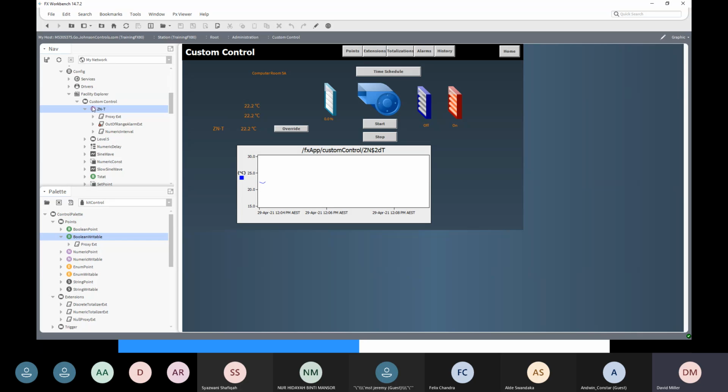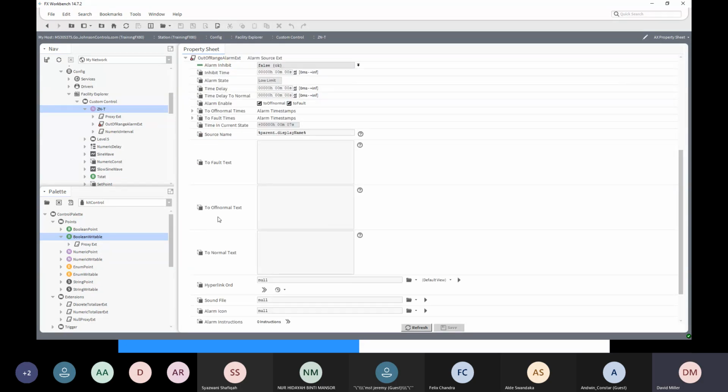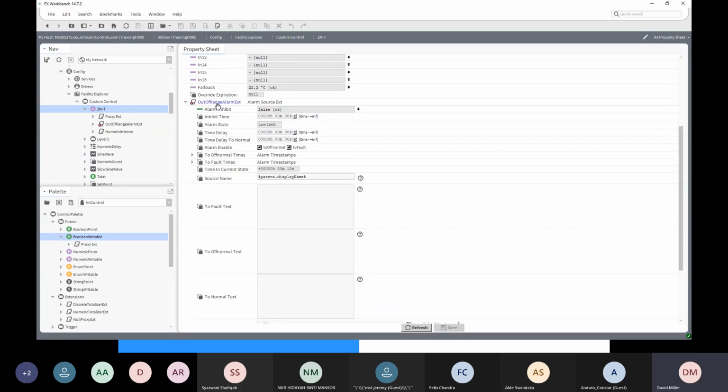And if we look underneath this zone temperature point, we've already got an out of range and a numeric interval, so an out of range alarm and a numeric interval trend already set up on this numeric point, the zone temperature. So if I look at those as a property sheet, we'll see the extensions are a child underneath the zone temperature. So we've got our out of range alarm extension,